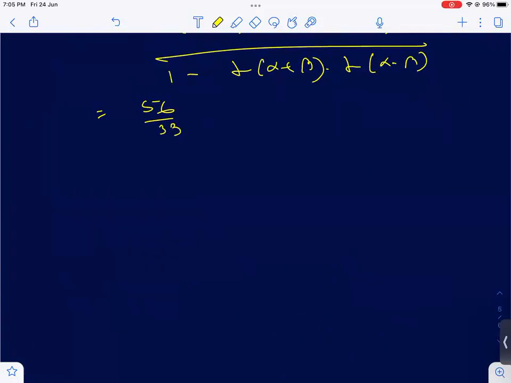Next sum, 17. Cos theta is given, theta lies in the first quadrant, then we have to get the value of cos 30 plus theta, cos 45 minus theta, cos 120 plus theta. So in this case also same thing, just draw the right angle triangle. If we draw the right angle triangle, we are getting here,